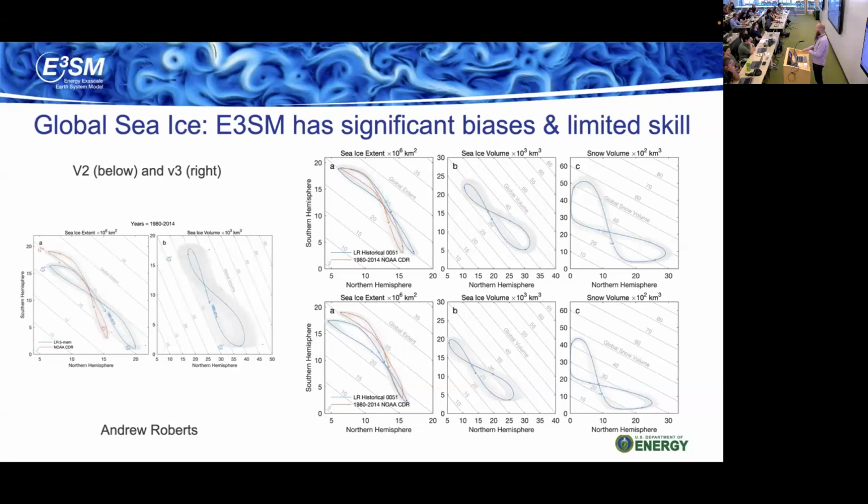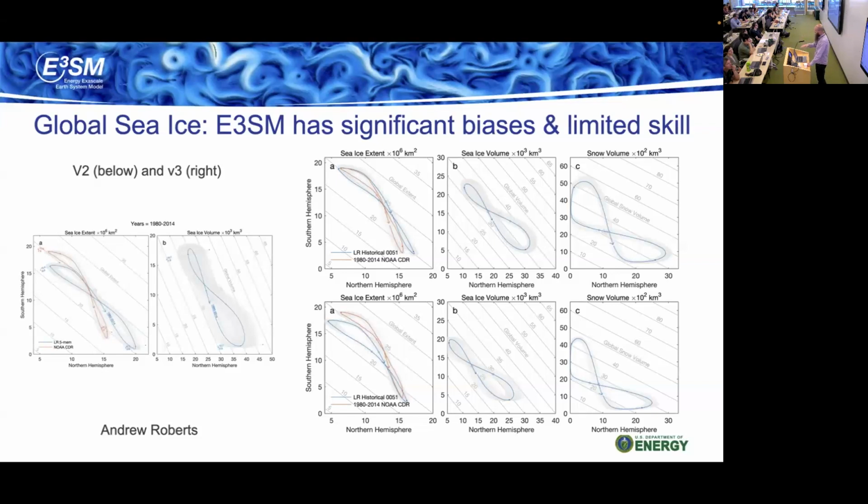On the horizontal axis is a metric evaluated in the northern hemisphere, and on the vertical axis is the southern hemisphere. You can really trace through this lemniscate as you progress through the year. The edges of the lemniscate correspond to the summer and winter solstice, and the equinoxes correspond to when either hemisphere is having a maximum or minimum.